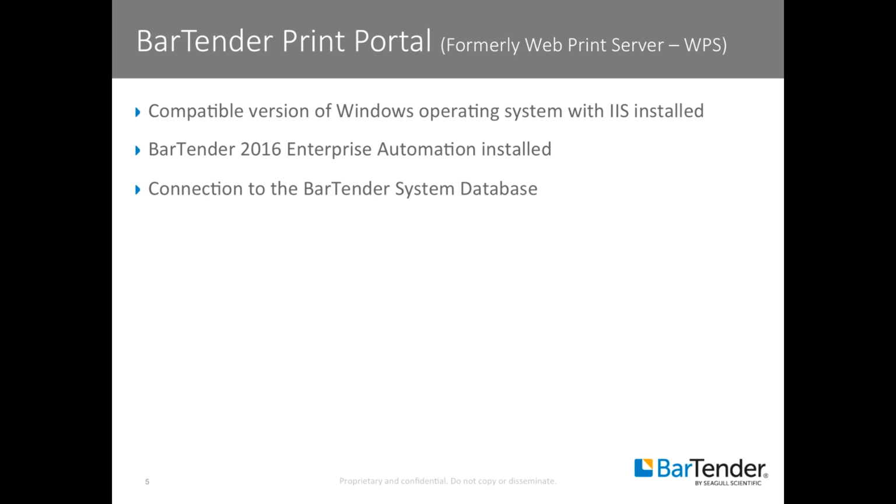And from there, after you install it and you make sure that you've selected Print Portal as well as part of the install process, the first thing you're going to want to do is get a connection to your BarTender system database. If you don't have a SQL Server, what that means is that you'll want to install an instance of the SQL Server Express that comes with BarTender, and make sure that you configure that connection. Print Portal actually stores some configuration settings in the system database, and that's why that connection is required for Print